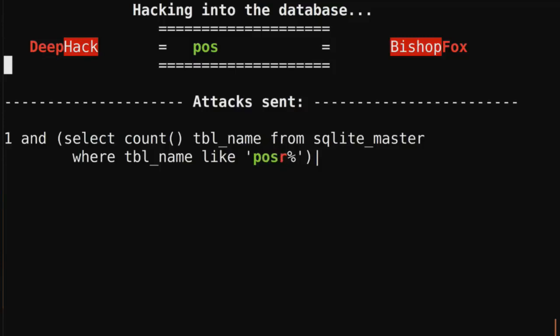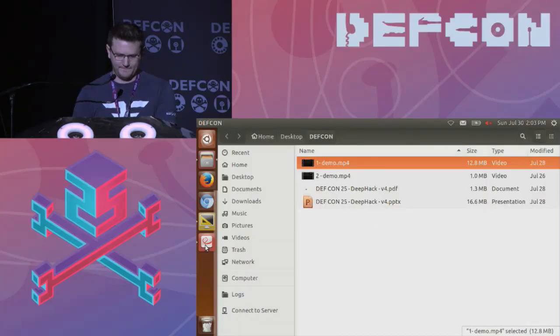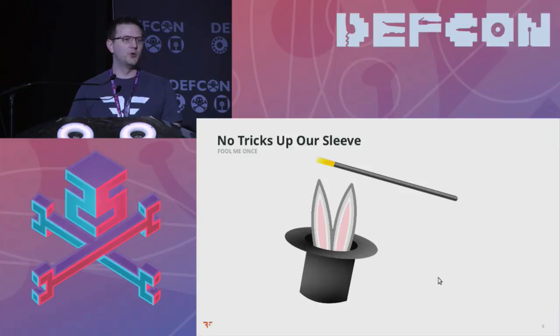If you look through the code base, there is no SQL string that says select count from table. There is no hard-coded SQL logic. It's all using artificial intelligence to understand how that works. We have no tricks up our sleeve. We'll be releasing the source code immediately following the conference, and you'll be able to see for yourself that it's about 200 lines of Python. It's not some massive piece of new technology. We don't have any major breakthroughs in machine learning. This is basically taking existing machine learning methodology and state of the art and applying it to the world of hacking.